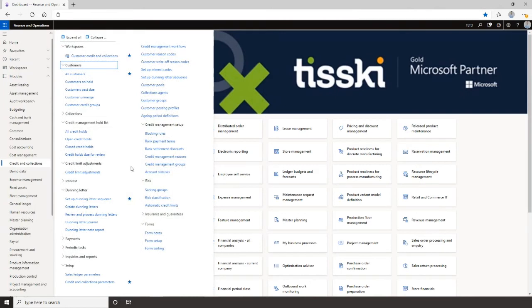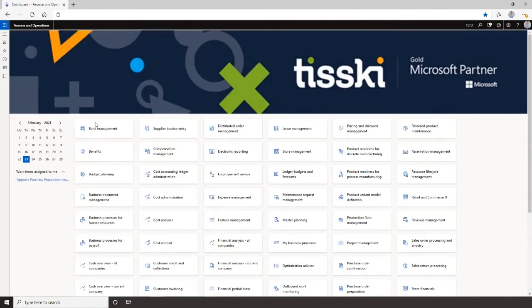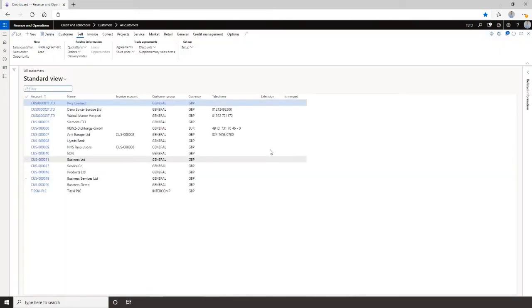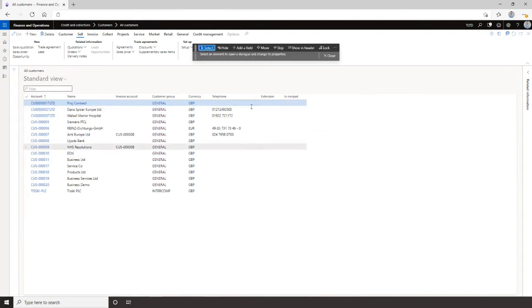There are various ways you can handle that. So let's have a look at one now. There's a couple of ways. I'll show you some features of how to manage. What I'm going to do is personalize this and add. So what we're looking for